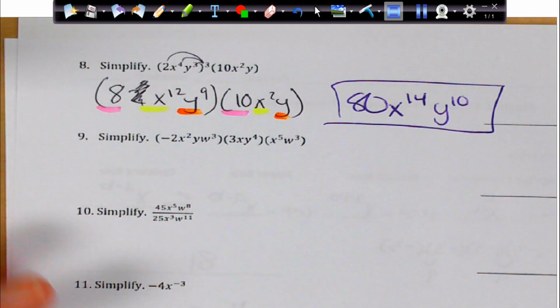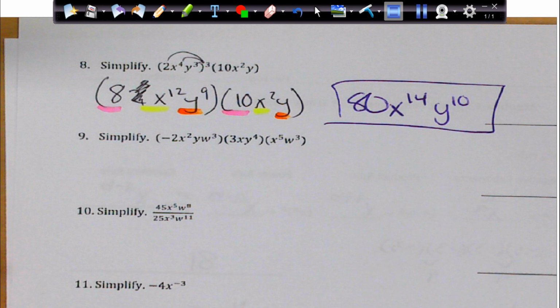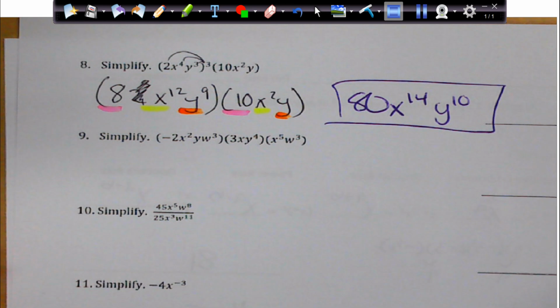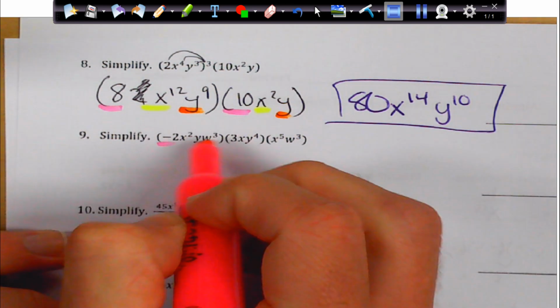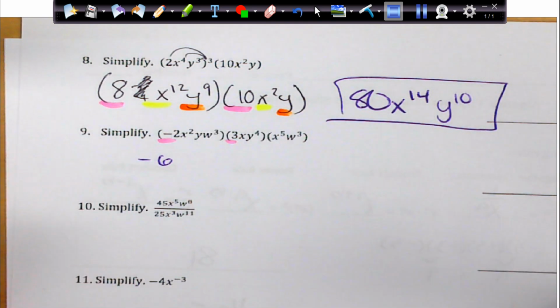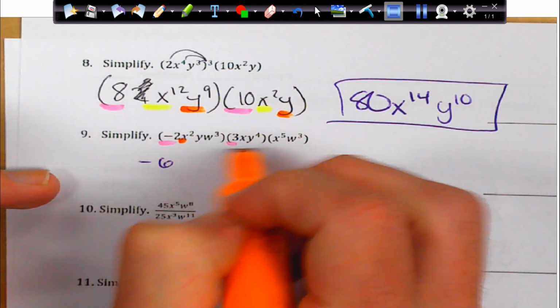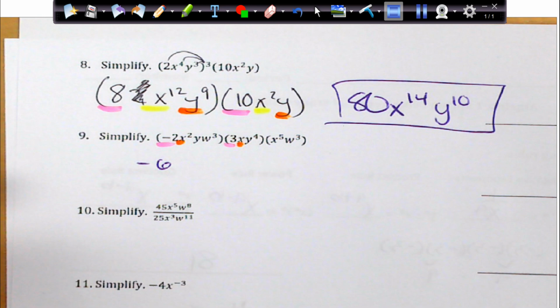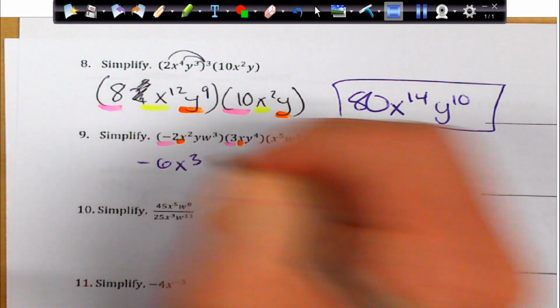Same thing here, I'm just going to multiply the first two, and then I'm going to multiply by the last one. So again, negative 2 times 3 is negative 6. Then we have x squared times x, which is going to give me x to the 3rd. And then we have